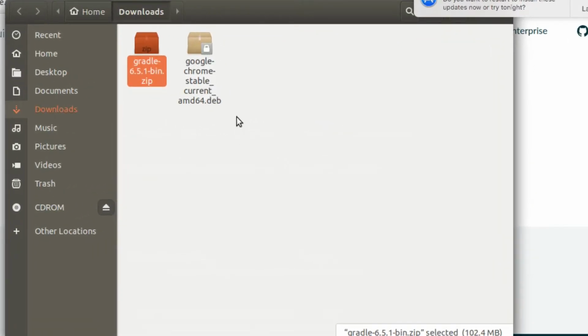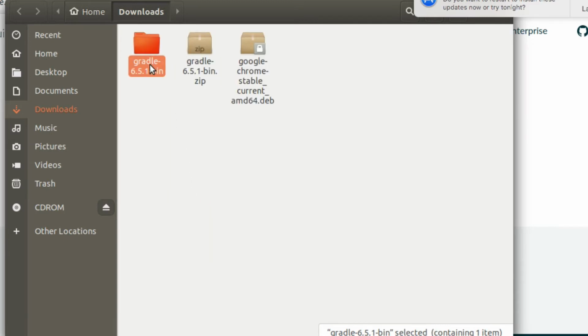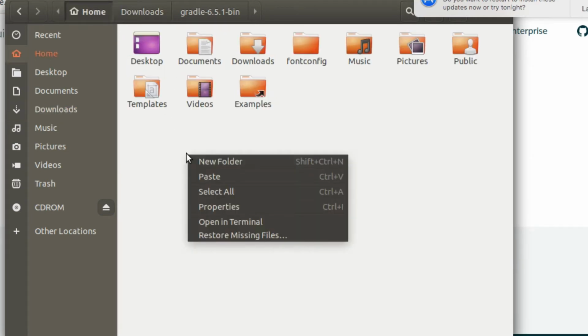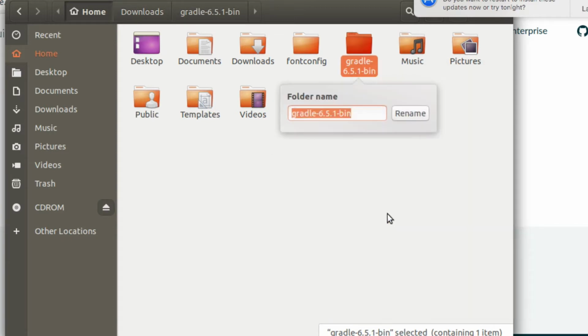Extract the zip file and copy it into the user's home location. It can be anywhere, and rename it to Gradle.